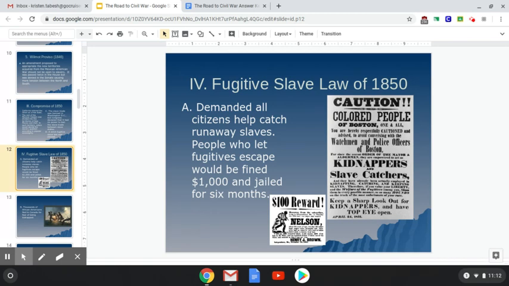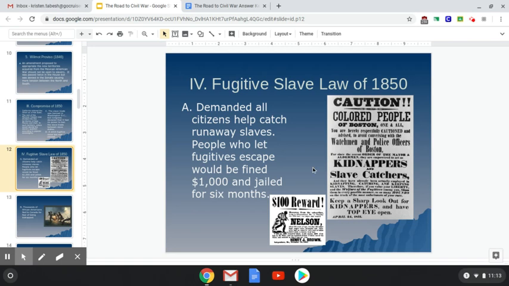Obviously, it was clear that slavery was inhumane, that people were trying to get away from it, and the fact that they were trying to penalize people or prohibit them from rescuing or freeing these slaves was just a huge way of trying to prohibit it. So if you look at this sign right here: "Colored people of Boston, one and all, you are hereby respectfully cautioned and advised to avoid conversing with the watchmen and police officers of Boston, kidnappers and slave catchers. Keep a sharp lookout for kidnappers and have top eye open."